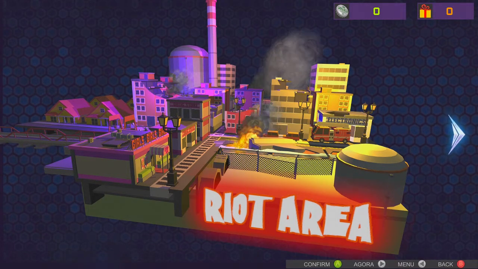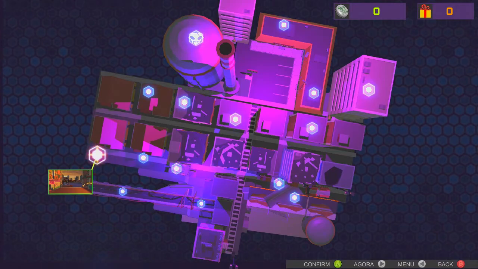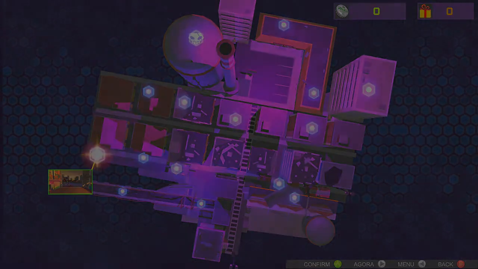I mean, there's effort here. The story's conveyed easily. Basically, you know what it is. Bad guys kidnap your friends, gotta go save them. There you go. All these nodes show because I have a save file with all of them already unlocked and